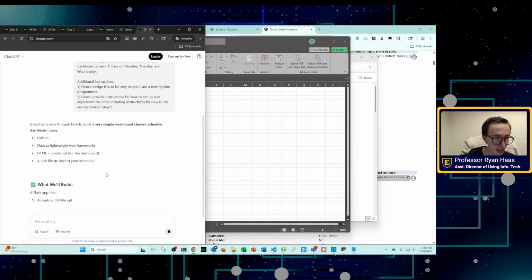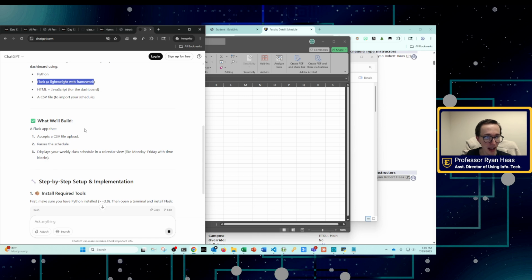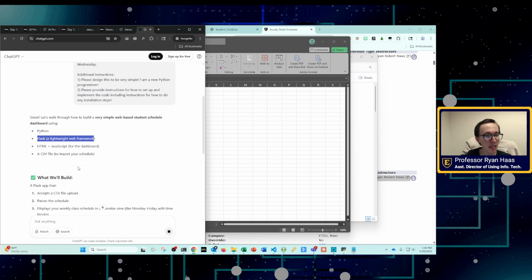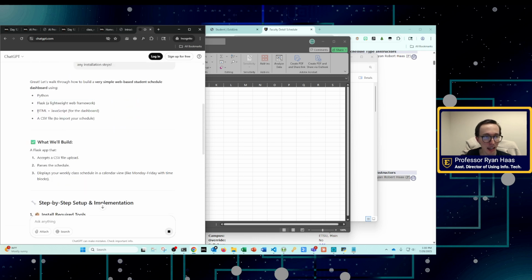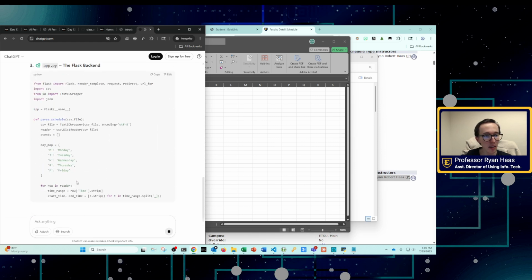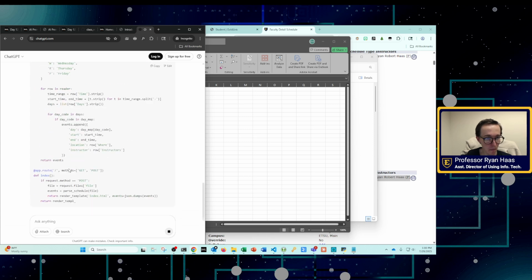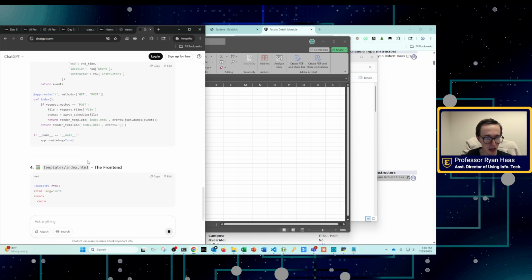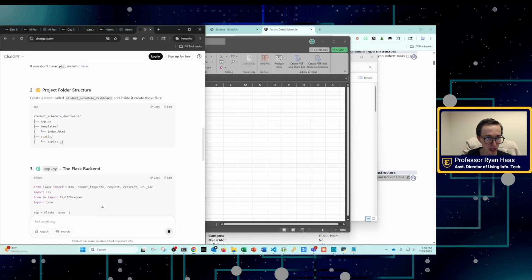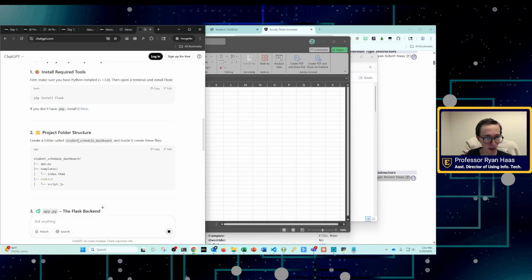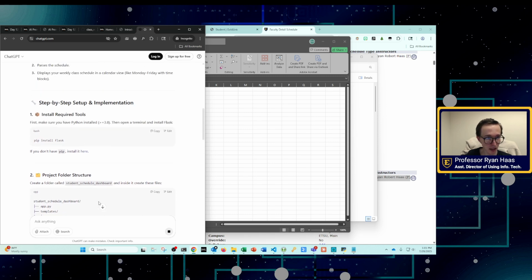So it's telling me that it's using several technologies. It's using Python. It's using Flask, which is a Python-based web framework. And I'm glad it's using that because it is a simple one to implement. And it's using HTML, which you learned about in web. And then JavaScript is another coding language. And it might be used a little bit in our HTML file to help it make a more dynamic display. But we haven't even learned JavaScript, and we shouldn't need to know it. ChatGPT should give this to us. So let's follow these instructions very carefully.